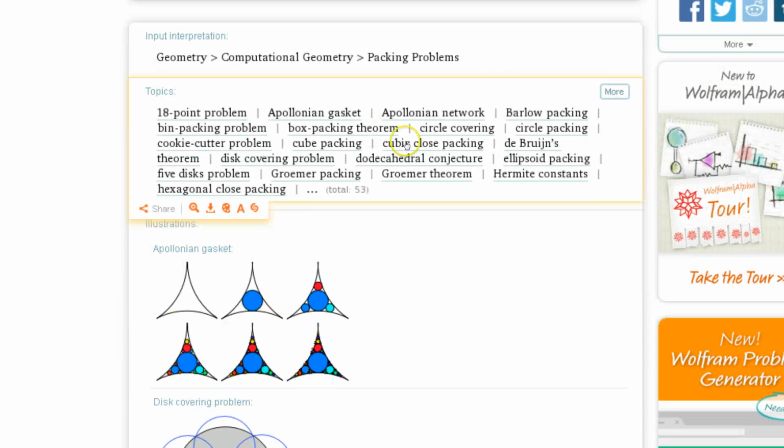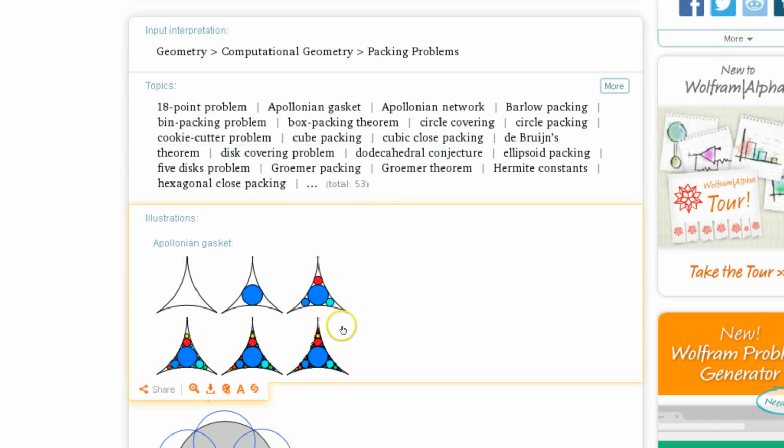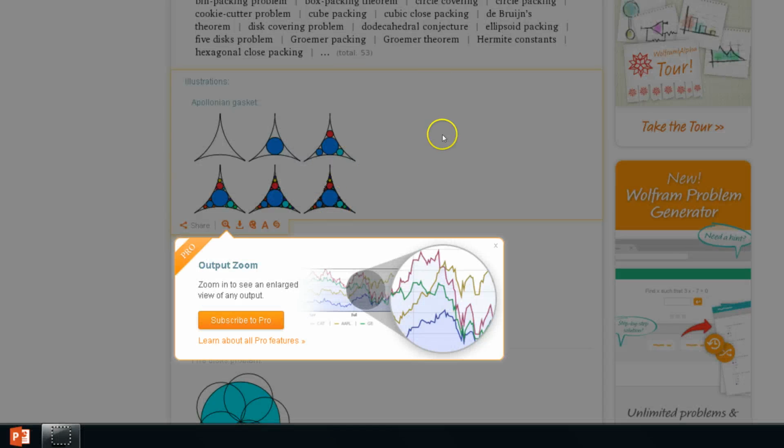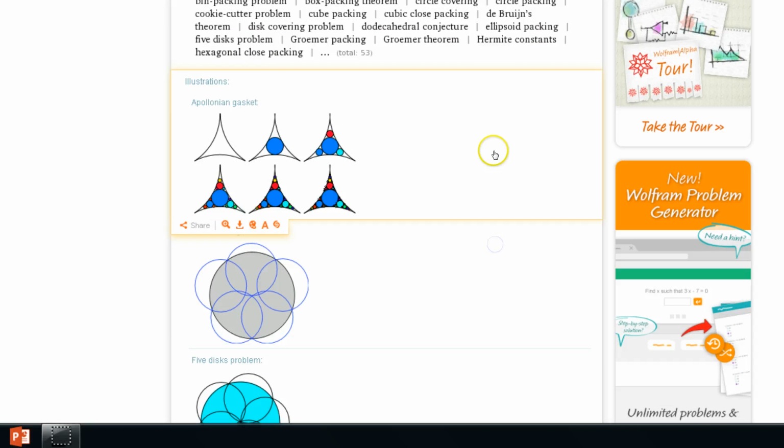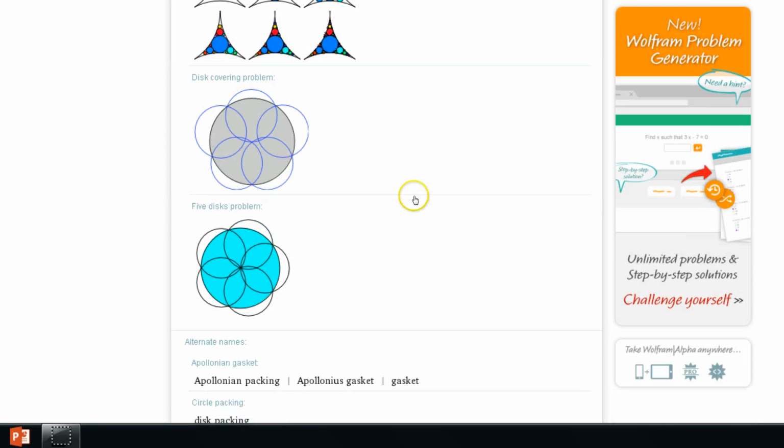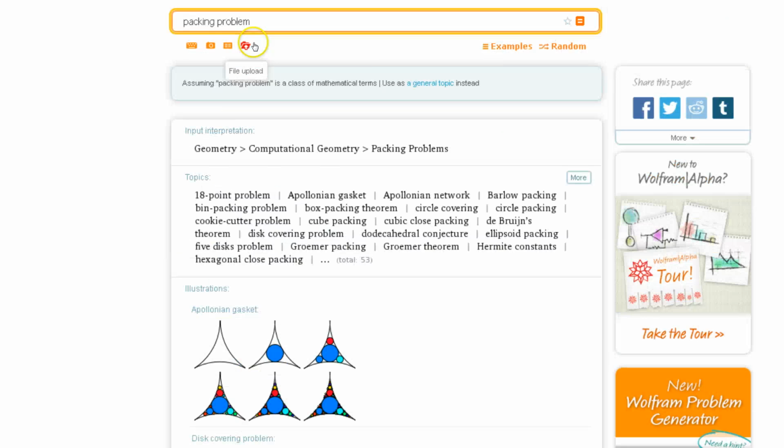Here we have packing problems where you take a certain shape and see how many spheres you can pack and the patterns that packing spheres of different size give you. If you pay a little bit, you can upgrade to Pro and have access to a lot of nice features. For instance, if you type in an equation, you can get the solutions to the equation